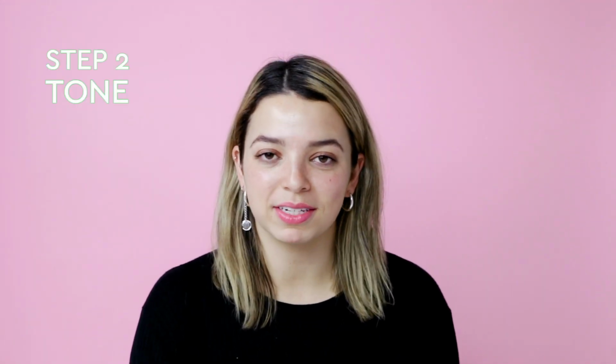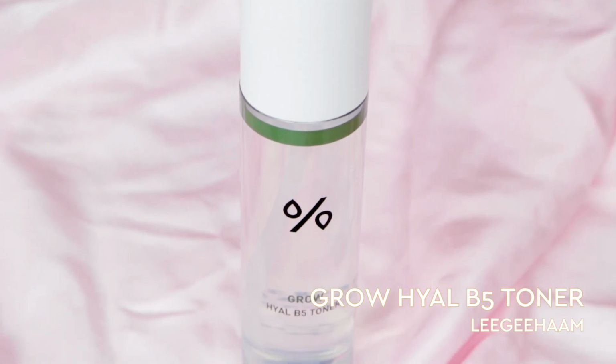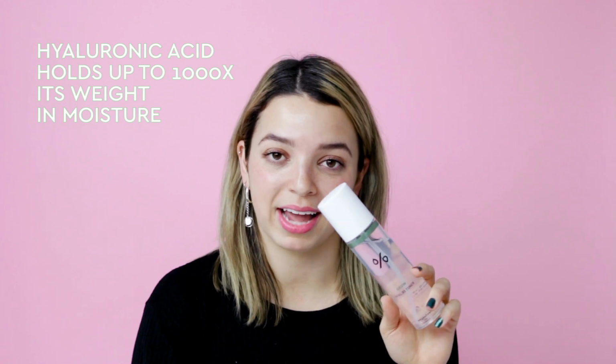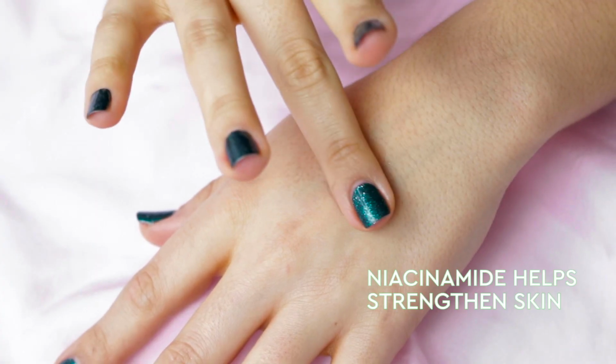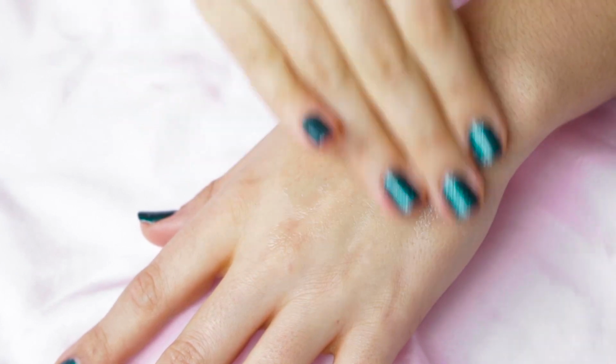After I cleanse, I move on to the toning step. I love the Hum Grow Hyal B5 toner. So the Hyal stands for hyaluronic acid, and there are 5 different types of hyaluronic acid in this formula. It also has niacinamide in it, which is an amazing skin restoring ingredient. Not only does it help strengthen weakened skin surface, but it also helps with dullness, the look of enlarged pores,